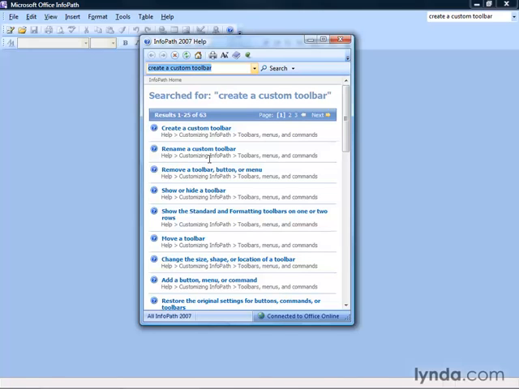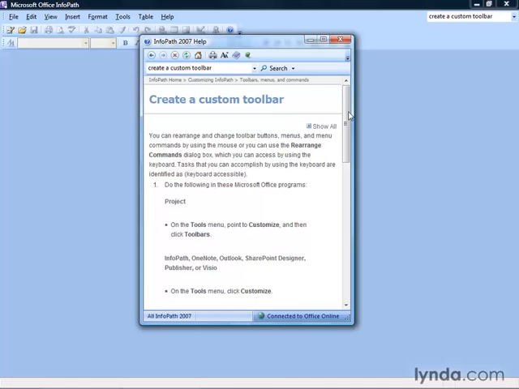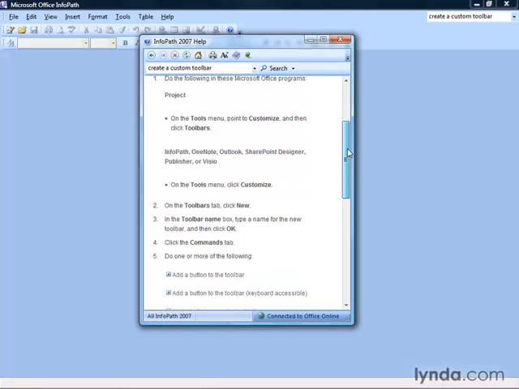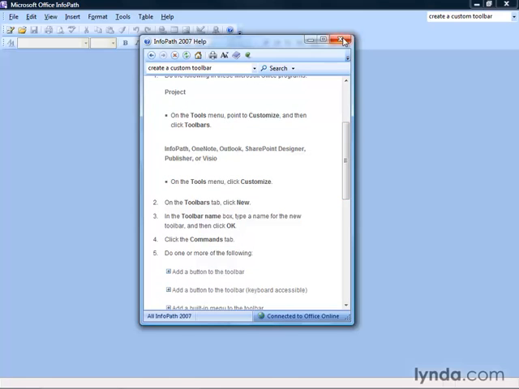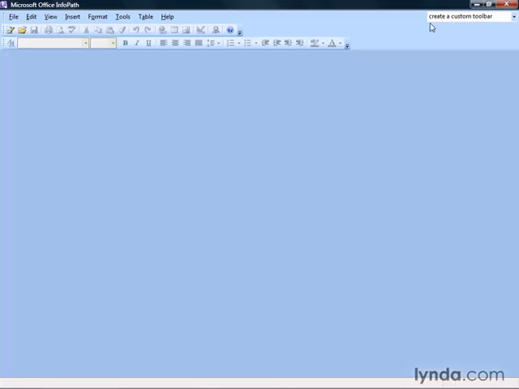There's rename, remove a toolbar button or menu, show or hide toolbars. But right at the top, here's where I go to create a custom toolbar. I click that link and it takes me to everything I need to know about creating that toolbar. When you're done, click the close button, and again, your last question will appear up here in the top right corner. Just before we get back to that Getting Started window,